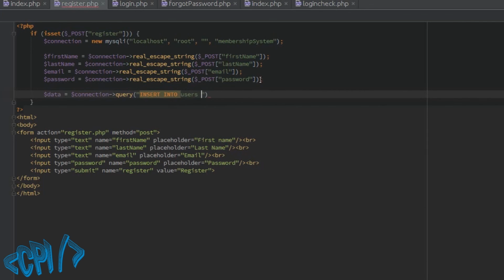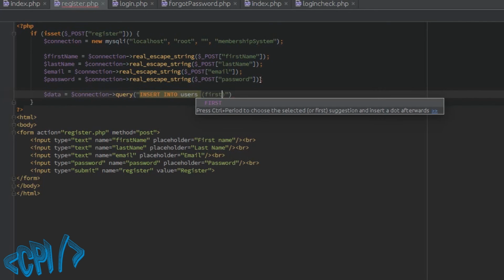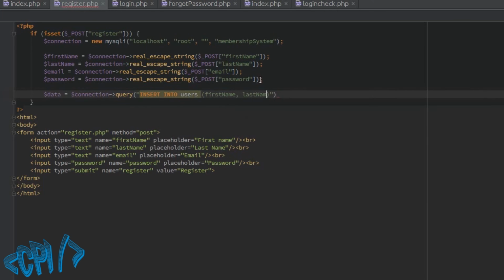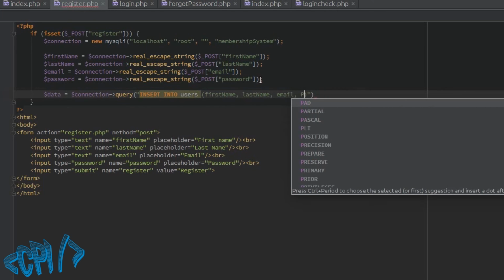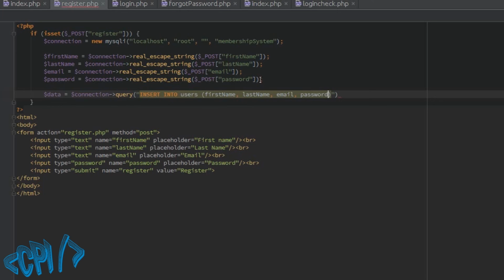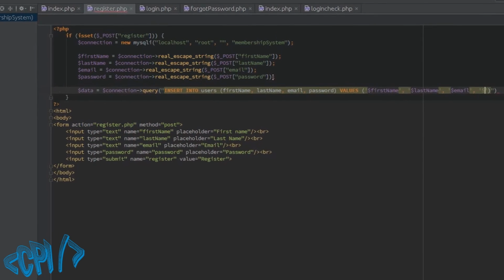Insert into users first name, last name, email, password. Okay, values, this first name, last name, email, and the last one is password. Okay,